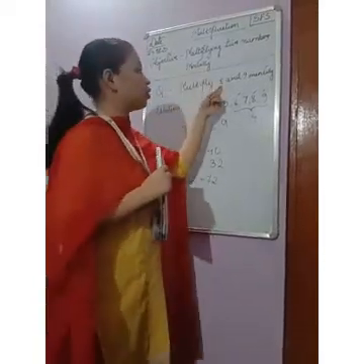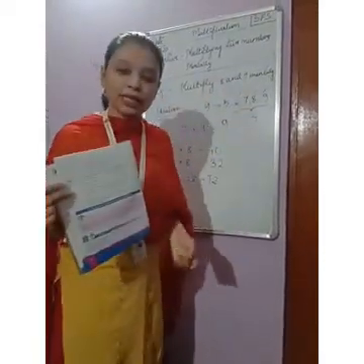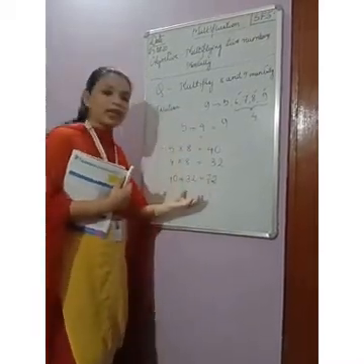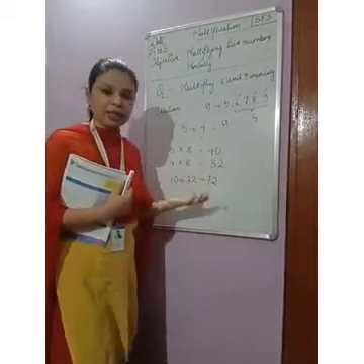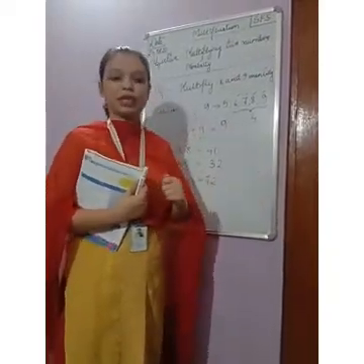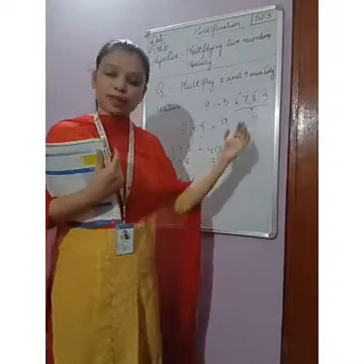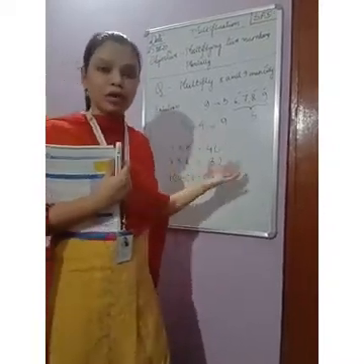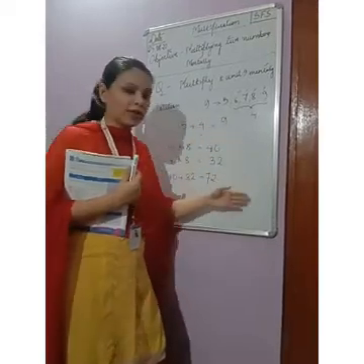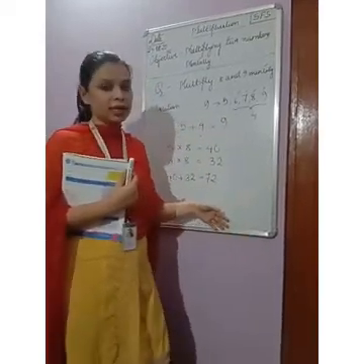What are numbers we have got? 8 and 9. So 8 into 9 how much? 72. Okay? This is another way of doing multiplication table, that is mental. We are getting the same answer because we are using the multiplication table in one way or another. But the process of doing or approaching the question is different. Okay children? So this is one way of doing the numbers mentally.